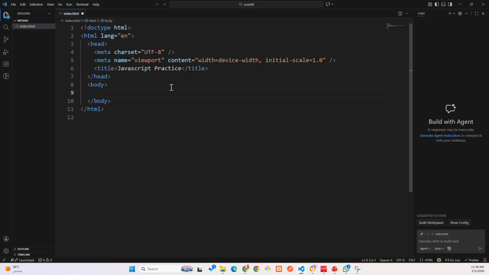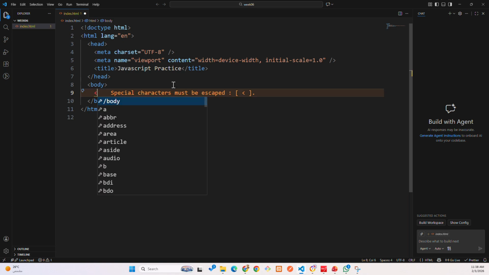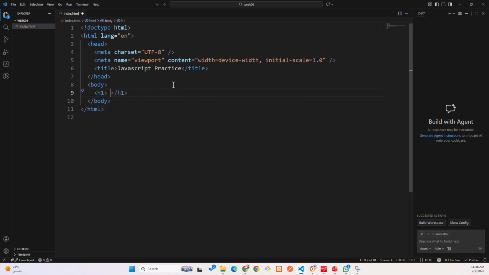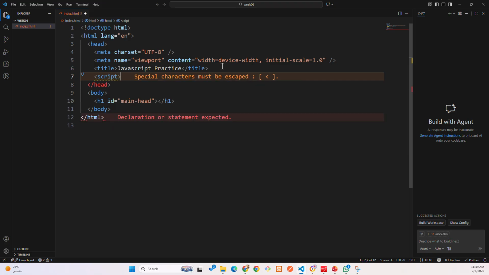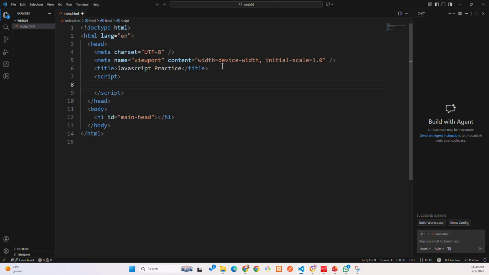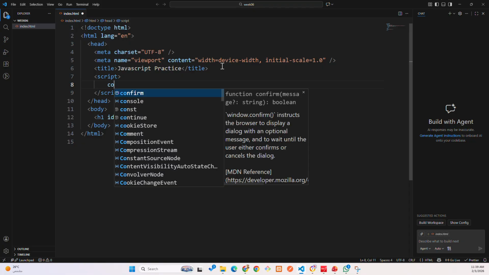First of all, remember that we talked about how we can write JavaScript anywhere, but we just need to have a script tag. So I will create an h1 tag here, and I don't put anything inside. I give it the ID value, which is main-head. Now I can start a script tag, opening and closing, and inside I can write, for example,